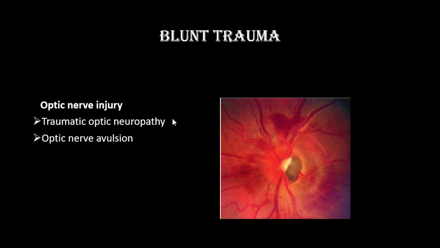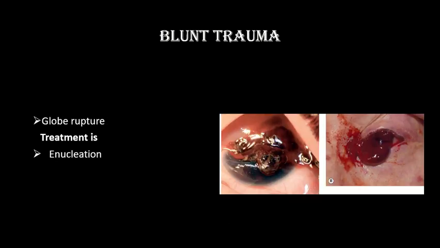In traumatic optic neuropathy, the patient's vision can be improved with mega doses of intravenous steroids. If you suspect traumatic optic neuropathy, the patient is going to have signs of optic nerve damage, and we need to treat this one. Here, when there is optic nerve avulsion, the visual prognosis is very poor, and there is usually no treatment if there is no foreign body intruded between the globe and the orbit.